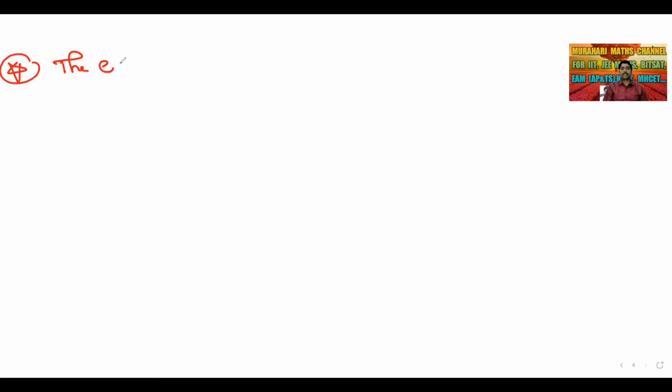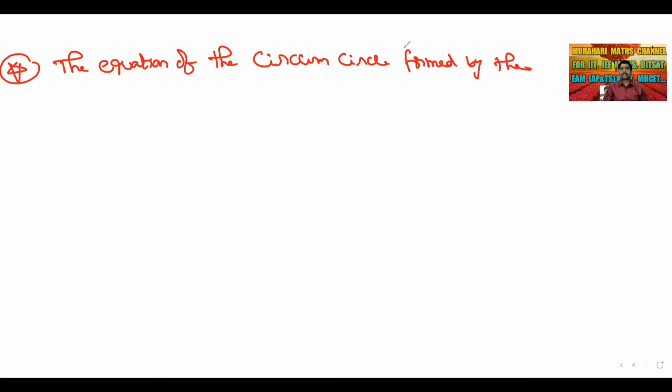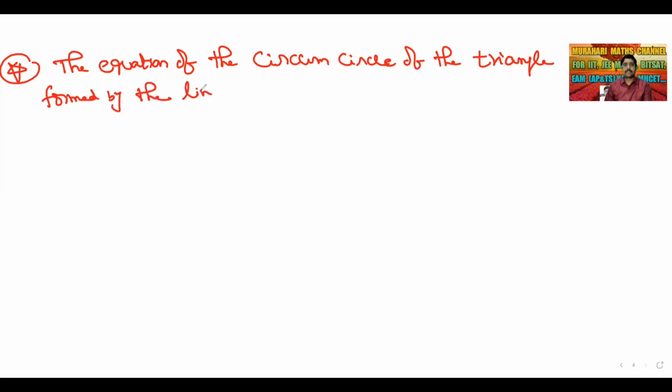The equation of the circumcircle of the triangle formed by the lines L1 = 0, L2 = 0, and L3 = 0 is